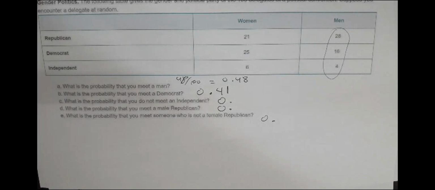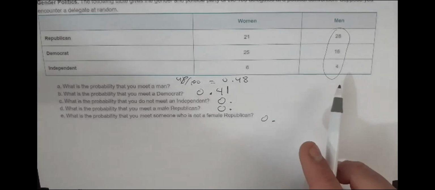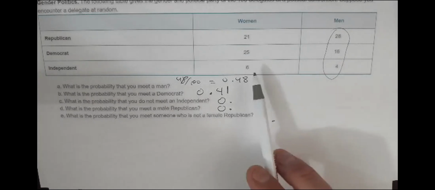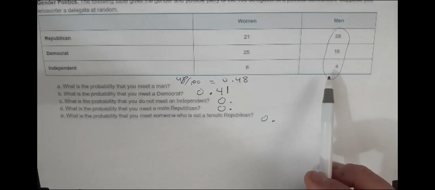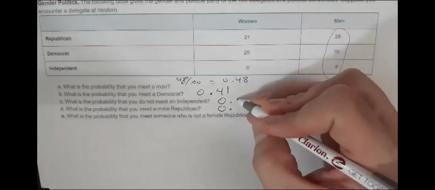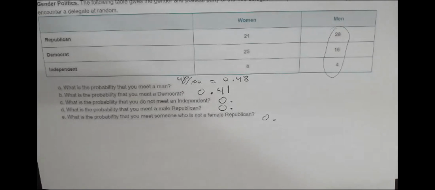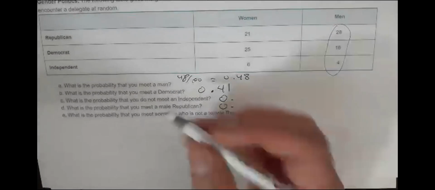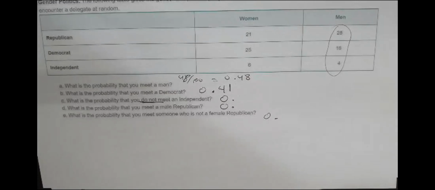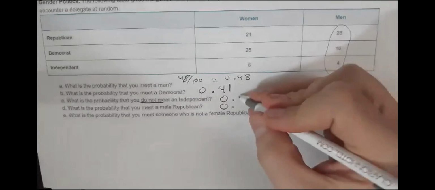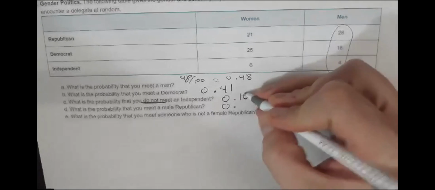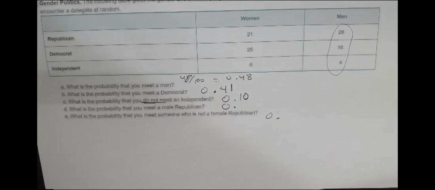That's going to be point what? 0.9. You do not meet an independent. Oh, wait. Yeah, 6 and 4? 10. Yeah, it should be. Yeah, but the probability that you do not meet an independent. Oh, do not meet. Oh, whew. That is a good thing to catch there. So the probability that you do meet an independent is going to be 10%. If we want to know the probability that you do not meet one,